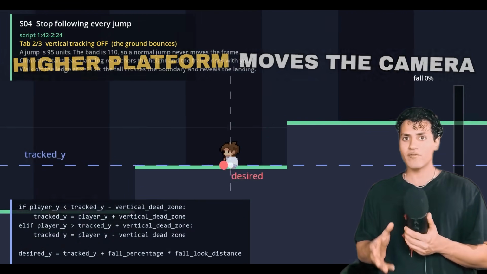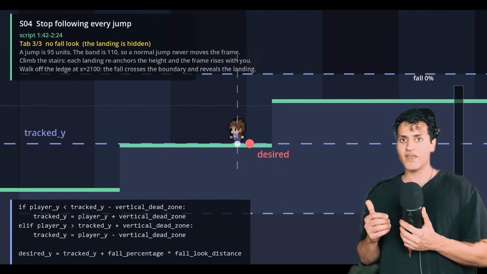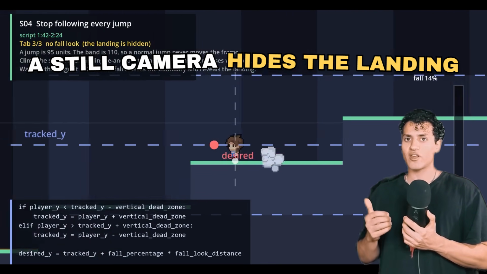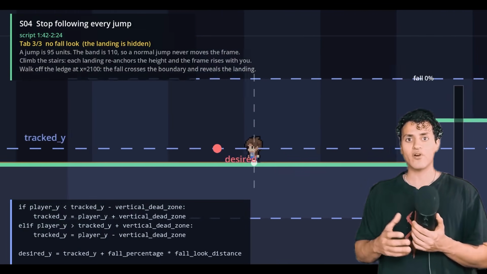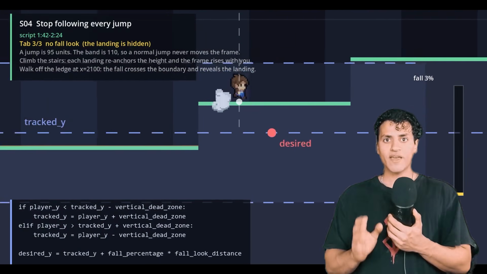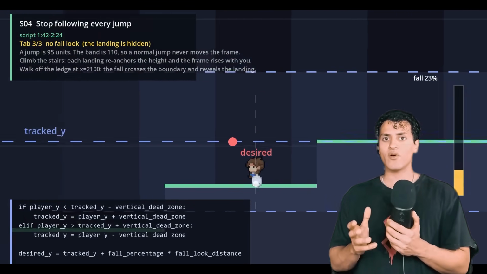But during a long fall, keeping the camera still hides the landing. So as our downward speed increases, we gradually shift the target beneath the player. A small drop barely changes the frame, whereas a fast fall reveals more of what is below. Now, the camera knows the difference between jumping, climbing, and falling,